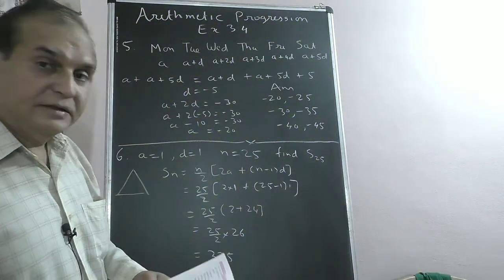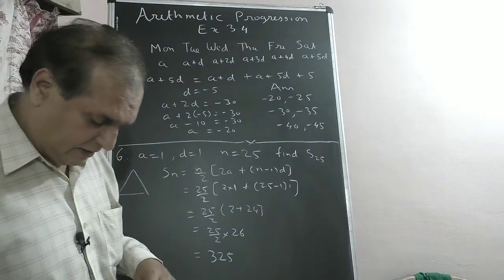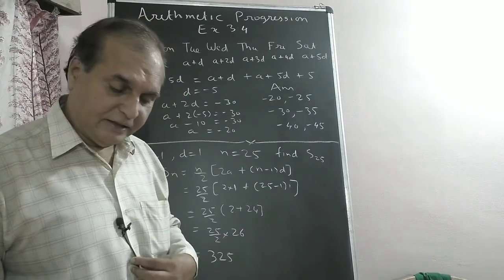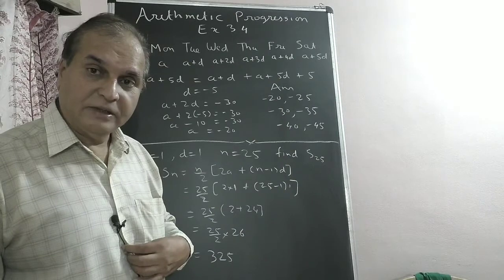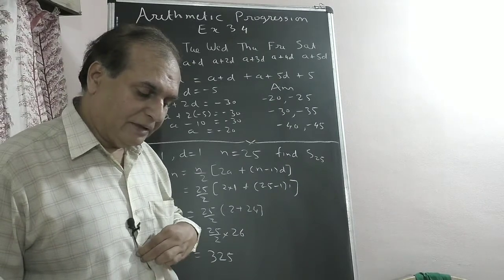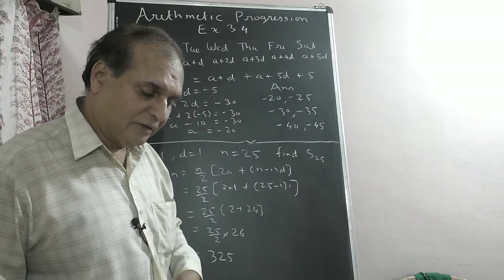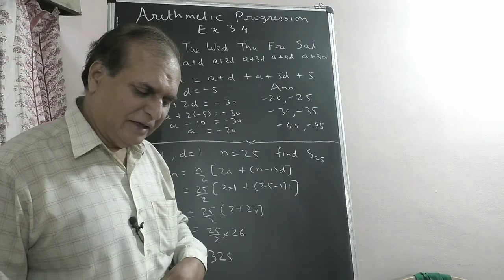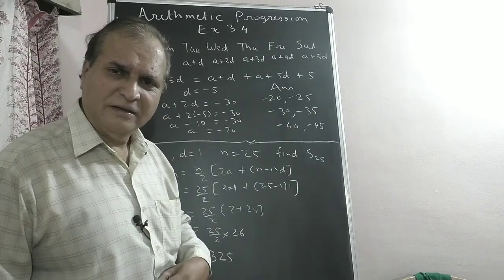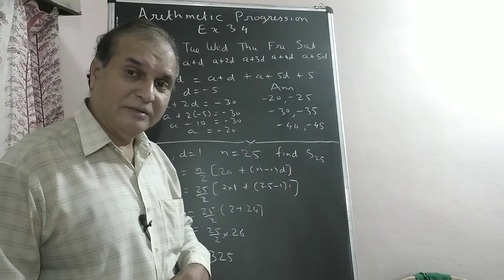See here, so understand the sum first. Kargil temperature was recorded in a week from Monday to Saturday. Getting? Monday to Saturday, the temperatures are in AP. All readings are in AP. The sum of temperatures of Monday and Saturday was 5 more than the sum of temperatures of Tuesday and Saturday. It means Monday is 5 more than Tuesday. Saturday is of no use. The temperature of Wednesday is given as minus 30.